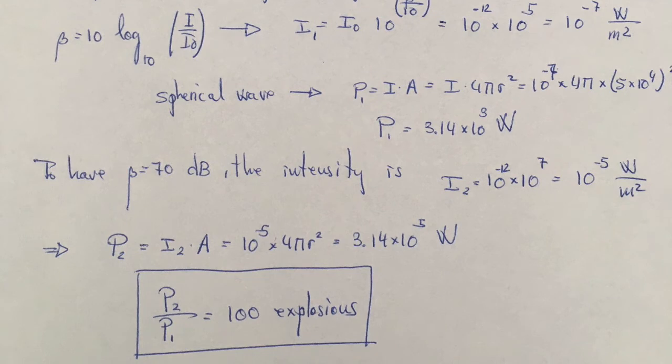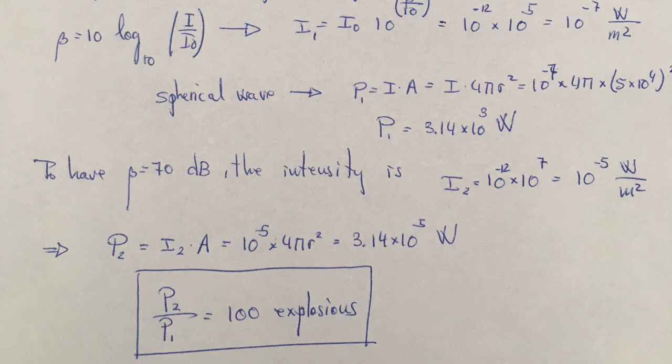So the power delivered by one single explosion is I times A. I substitute that A by 4 pi r squared. I substitute the data and I get that the power of a single explosion is 3.14 times 10 to the power of 3 watts. Now, to have that as 70 dBs at the same distance, the intensity, I will call it I sub 2,